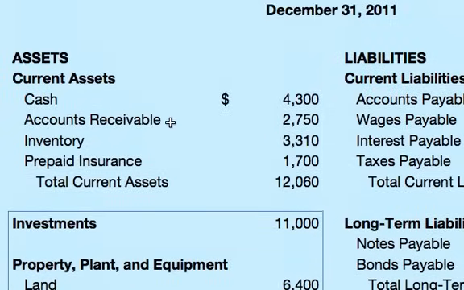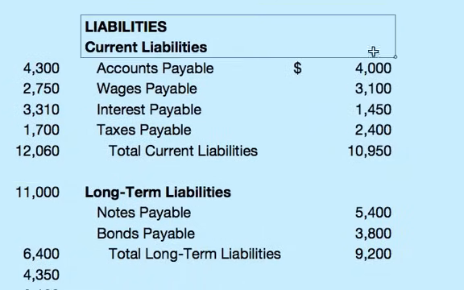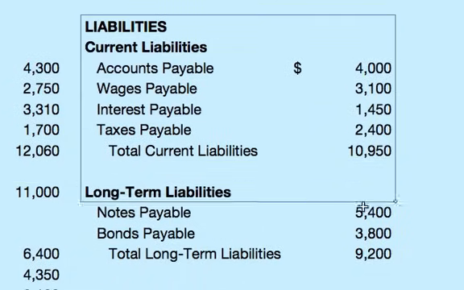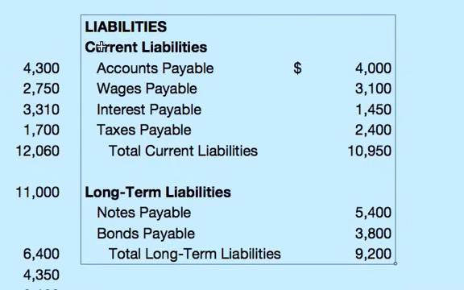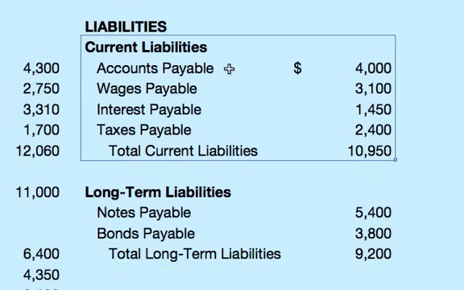Now, if we come over here to liabilities, they are the same as assets in that they're differentiated between current liabilities and long-term liabilities. So current liabilities, again, it's the same thing. Any liabilities that are expected to be satisfied within a year. So you have accounts payable, wages payable, interest payable, taxes payable, and these are things that just need to be